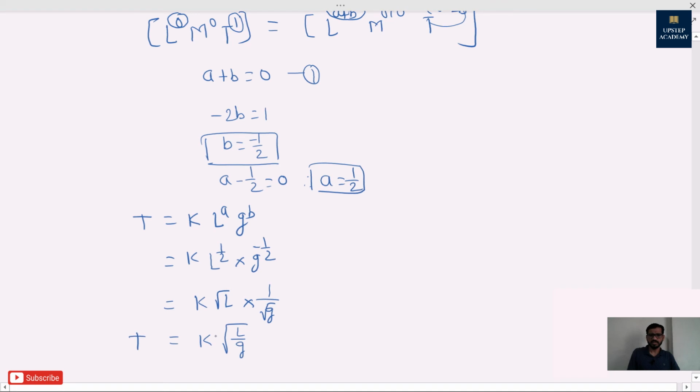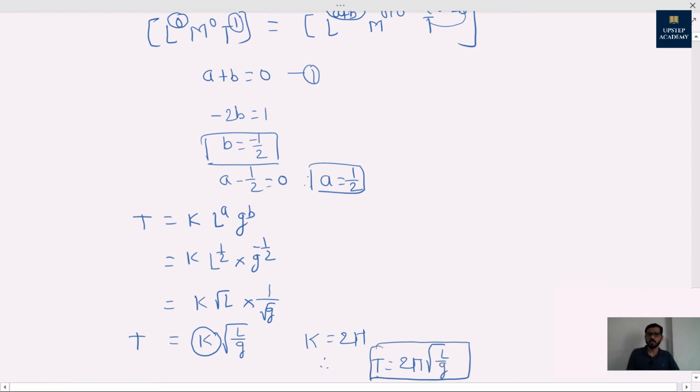But here one thing is remaining, that is value of this k. This value of k we can't find by using dimensional analysis. That is the limitation of dimensional analysis, but this value can be found out experimentally, and that value is 2 pi. So therefore our ultimate equation becomes t is equal to 2 pi into the under root L upon g. So that is the final relation between time period of the simple pendulum with length of simple pendulum and gravitational acceleration we found out by using dimensional analysis. That is the second use of dimensional analysis.